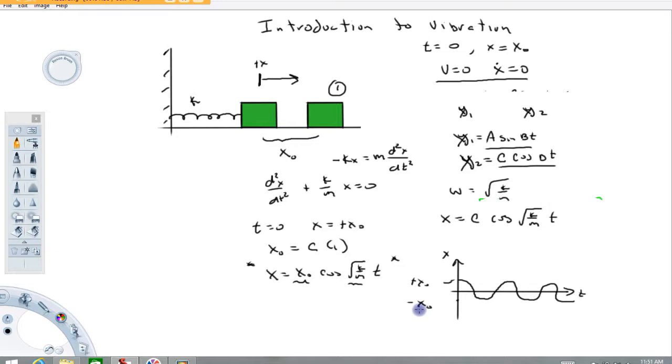And the very last thing I want to talk about how to calculate is what's called the frequency of the system. The frequency is how many cycles per second it will oscillate through. What I do to get the frequency is I just take note of one waveform here. If I were to go from here, I'm just going to look at one waveform from here to there. At that point on the curve, our cosine function will have cycled through 2 pi radians. So at that point in the curve right there, we can say that